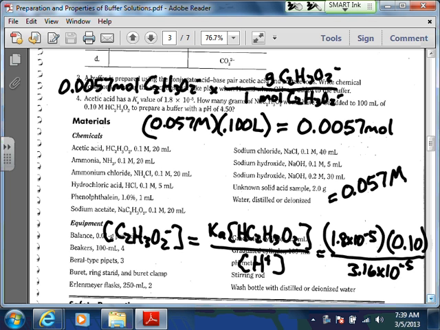To go from grams to moles, you'd have to figure out the molar mass of the acetate there, and that's going to give you the number of grams that you need to make that buffer solution. Okay, so kind of a complicated, long process there, but that's going to give you how many grams you need